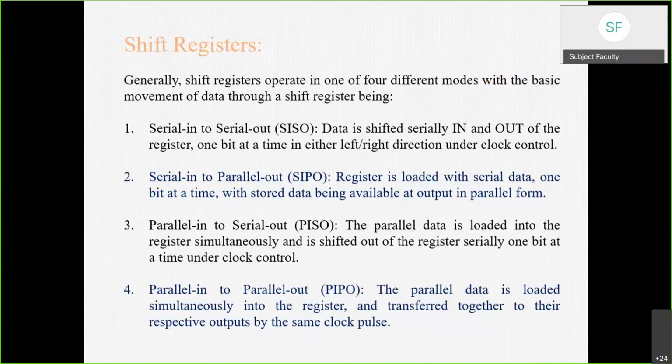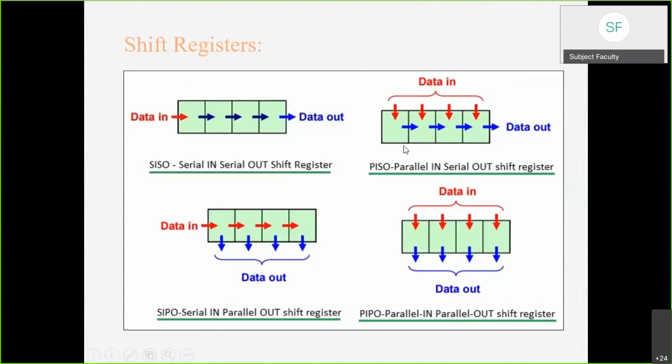Okay, so again we will see its flow. So this is nothing but serial in parallel out. You can observe the data input is in serial fashion. This red arrow has been mentioned here. This red arrow is nothing but data input in serial fashion, but the output you can take simultaneously from 4 different outputs, or from the 4 outputs of 4 flip-flops. So you can observe serial in but parallel out.